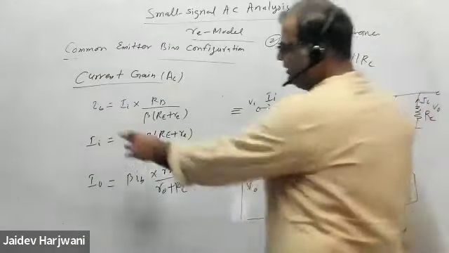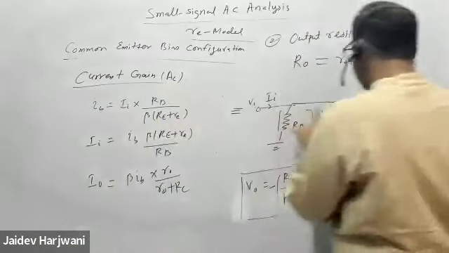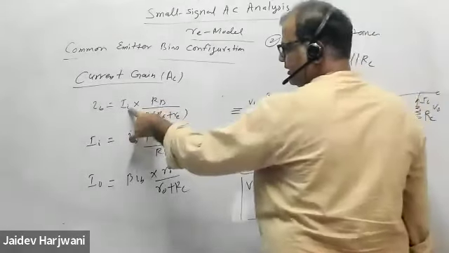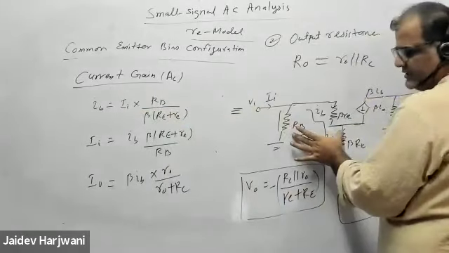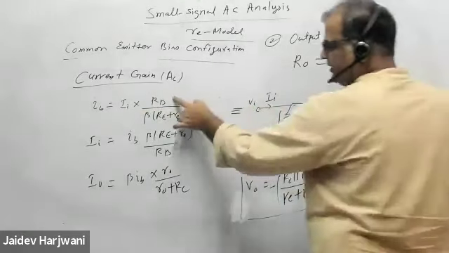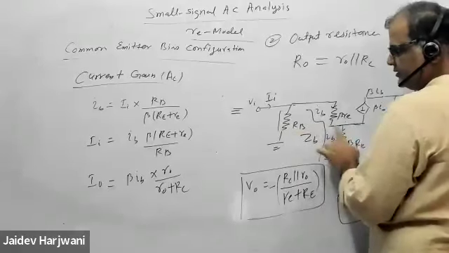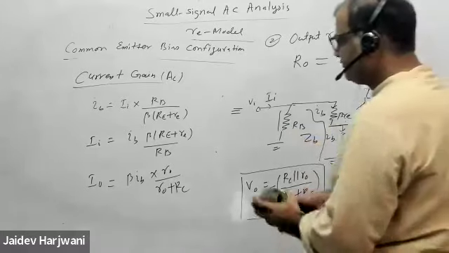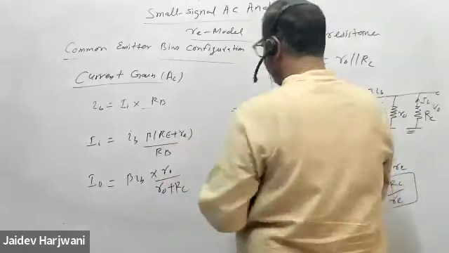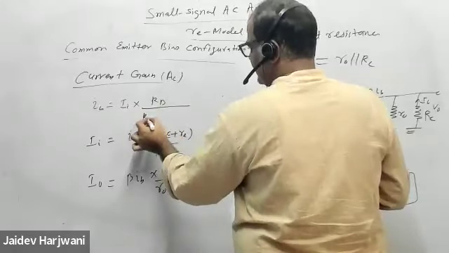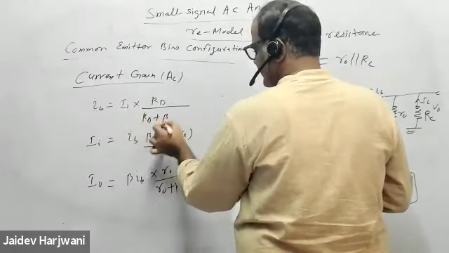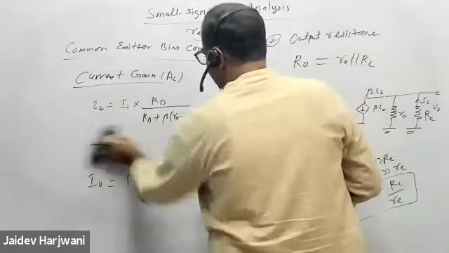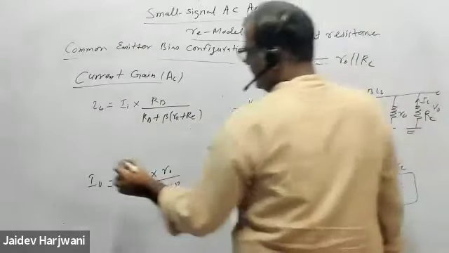ये IB। अगर मुझे इस ब्रांच में करंट चाहिए, टोटल करंट आई है, तो मैं कैसे लिखता हूँ? टोटल करंट, ठीक है। ये पैरेलल रेजिस्टेंस है, सामने वाला रेजिस्टेंस RB, देन सम ऑफ रेजिस्टेंस। Sum of resistance is what? Sum of resistance is RB plus beta RE plus RE. That is not correct. This is the correct. So now I input will be